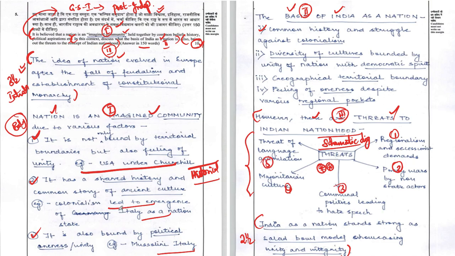Whereas if you count the total number of points, for the first component she has written 3 points. For the second component she has written 4 points. For the third component again she wants to come out with 5 points. But the problem is, if she would have written that in a point-wise approach, she would not have had the time to write a proper conclusion here.